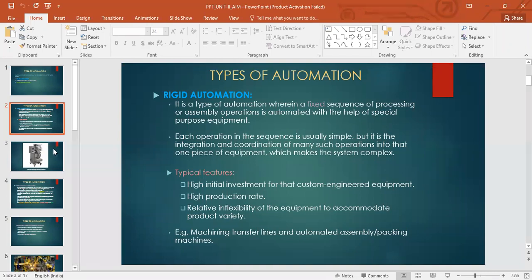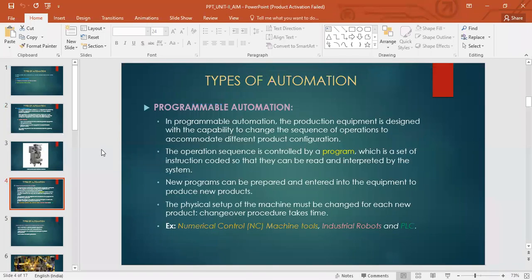So another one is programmable automation. As the name indicates, it is programmable. So when do we need this? When we have a change in the product that we are going to manufacture. Because there was no change of the product there. The design of the product was the same, so there was no need to program it, right? Because that fixed automated machine was solely dedicated for that.